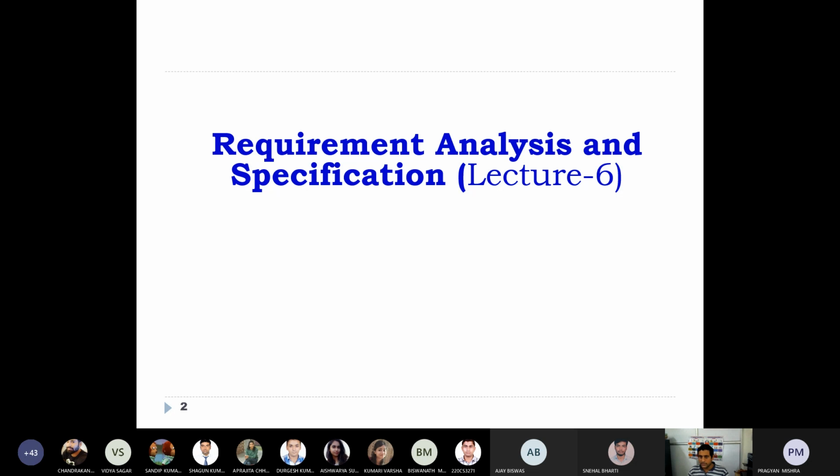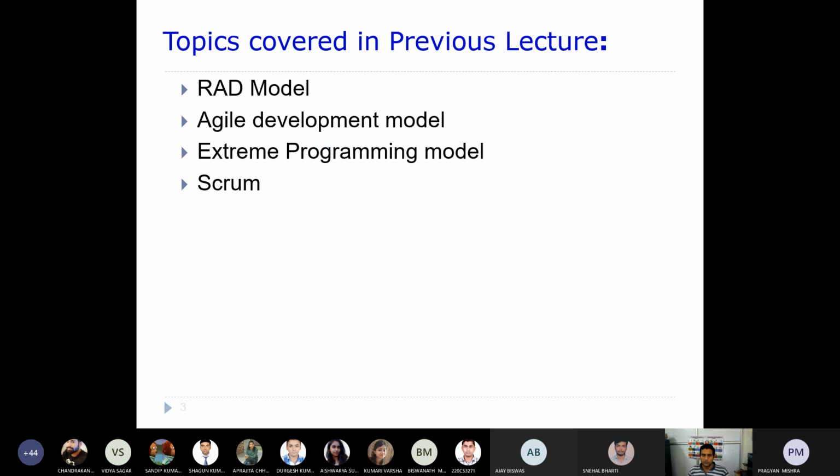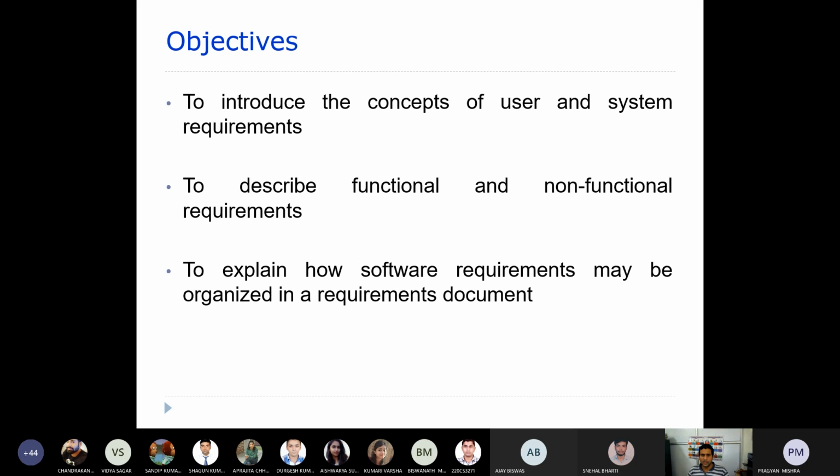So far, in the previous lecture, we have already discussed the rapid application development model, and then we discussed the agile development models. One is extreme programming and the other one is Scrum, and there are various others like Crystal and so on. You need to study those yourself if you are interested to learn more about these agile models. Okay, so now the main objective of today's lecture is to